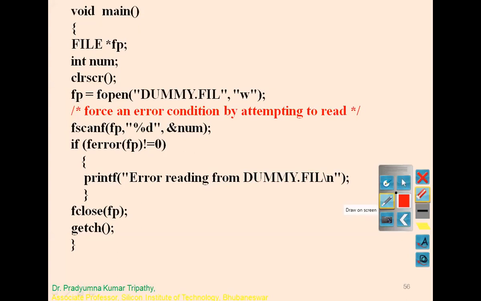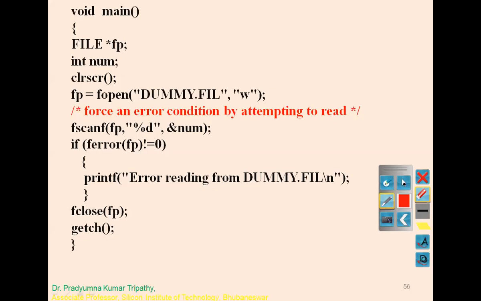This one also we can skip, it just checks for an ferror. If there is an error, it says it is reading from there. Because you see over here, this file, dummy.fil, I want to open for writing. Which mode is this? Writing mode I want to open, and this is if